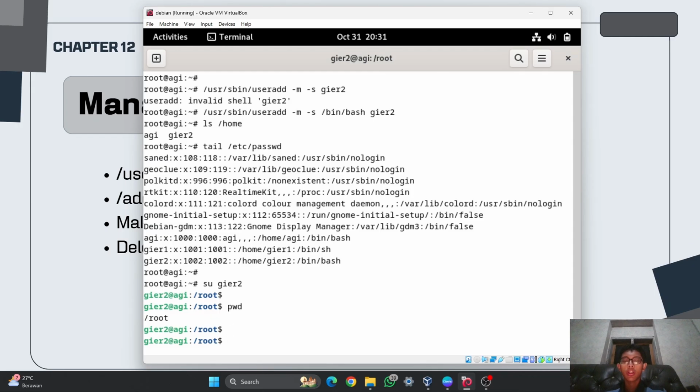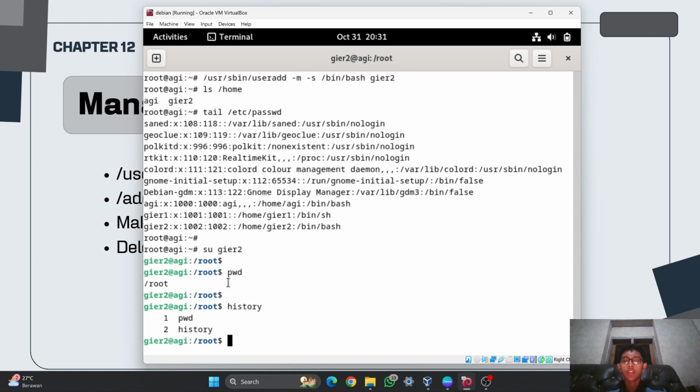shell, and you can type it like anything you want, but you have to remember, every time you make a new user or change into another user, the history will not show in here.